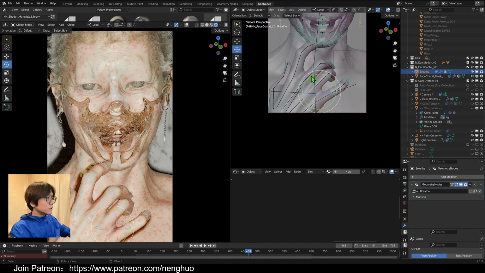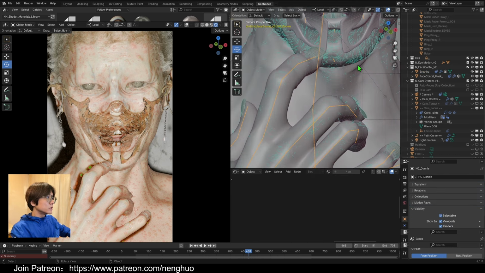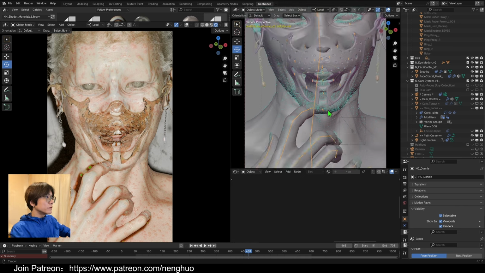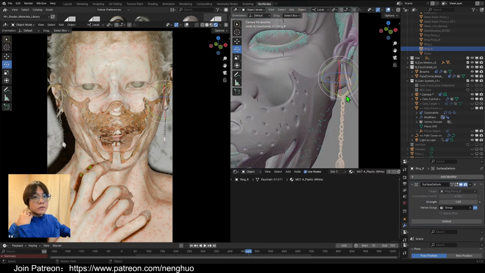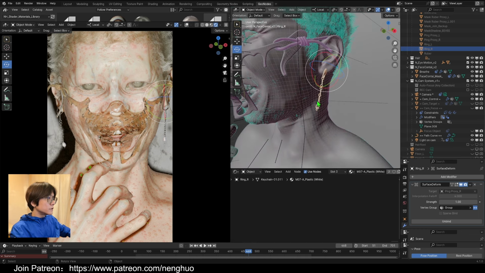Okay, so the fingers right now are controlled by keyframes, so there's nothing to talk about there. Just using the traditional animation method. Now let's talk about the earrings. How do we make this whole piece of earring